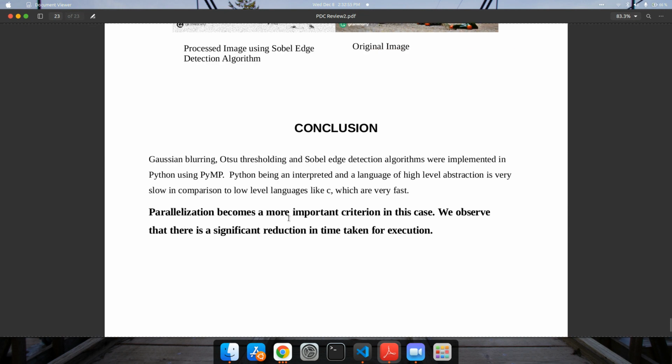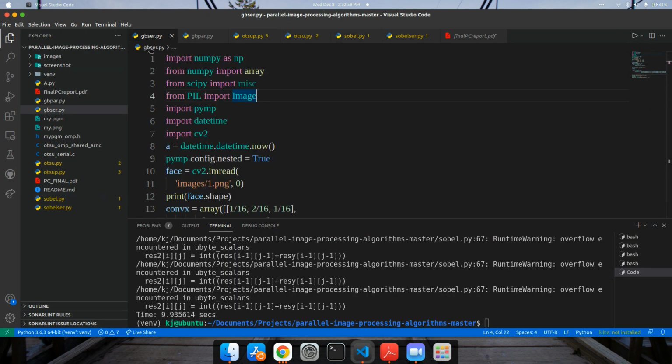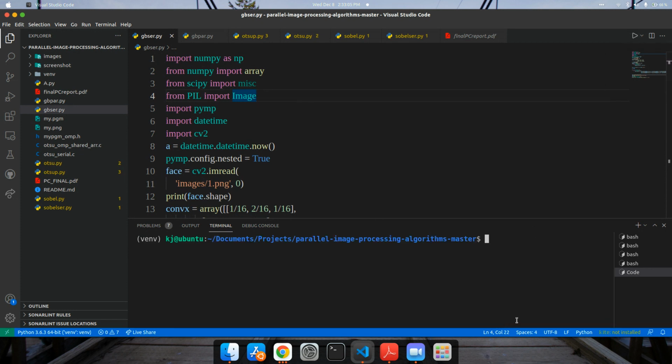So in conclusion, let me first show the implementation part. For the Gaussian, let me run this file with Python. This is the Gaussian blurring algorithm in serial implementation.